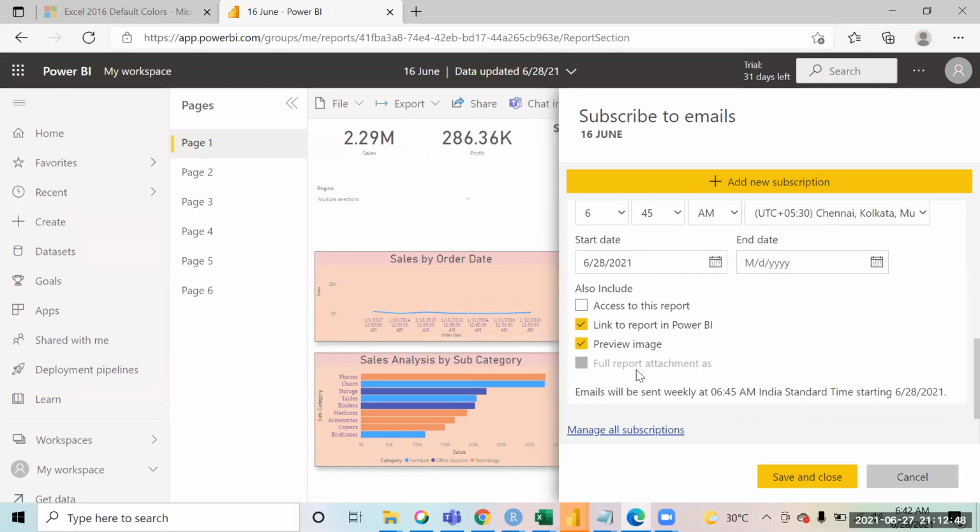But why are they even giving this option then? They're giving the option of subscription, but not giving access to the report. So that's just view only. This link makes a lot of sense if you have been given access to the report, because you will click on the link and be able to open the report.